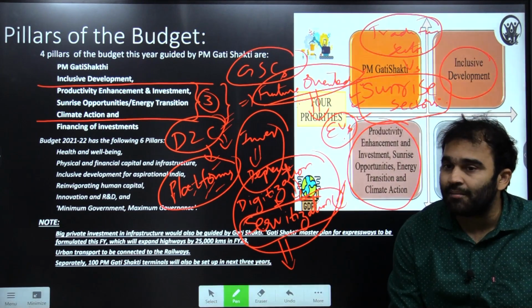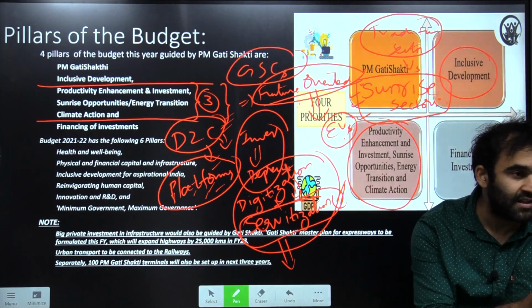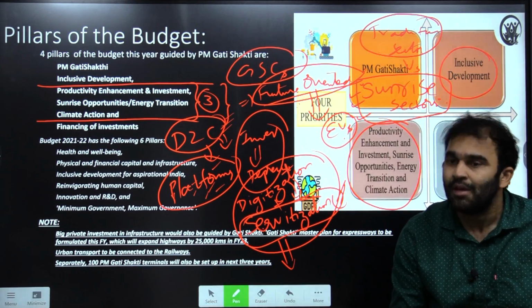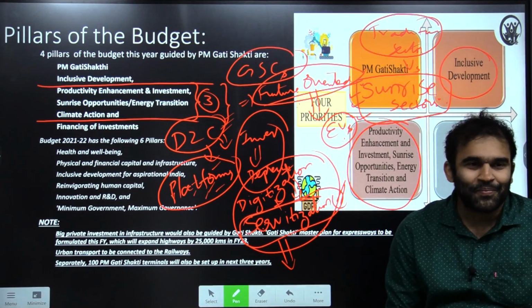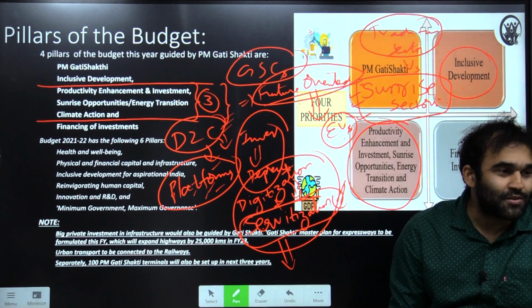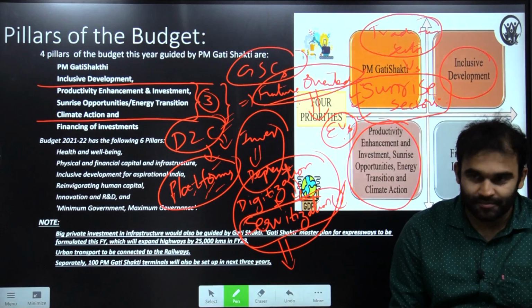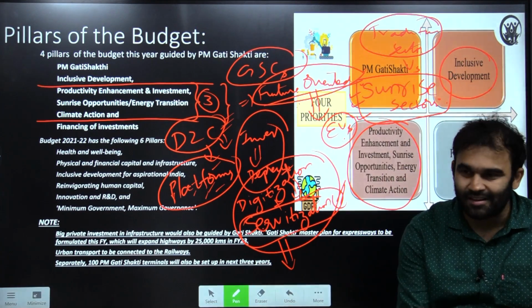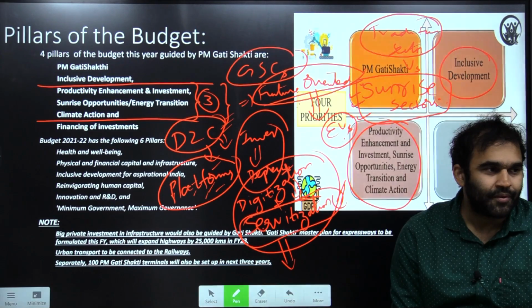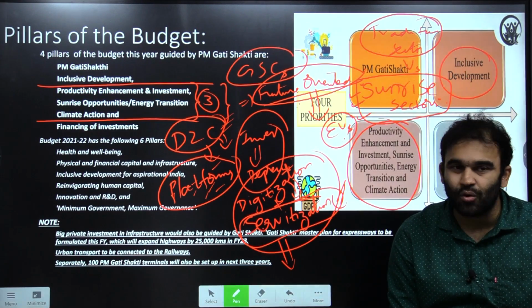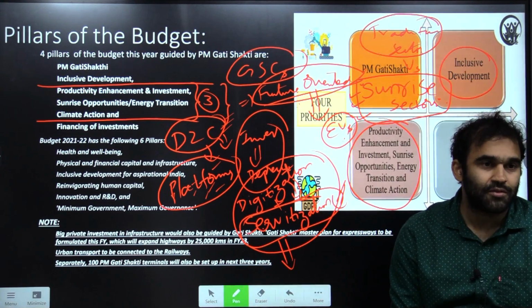Best example of climate change. Today or yesterday, you might have come across a news report. Those of you who are reading newspapers, others ignore, it's okay. India has stopped wheat exports. I think yesterday or today, I don't remember the exact newspaper report. I think after 7 years or so, we have stopped wheat exports.